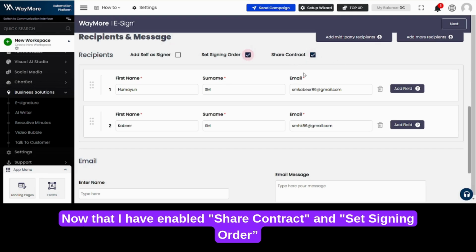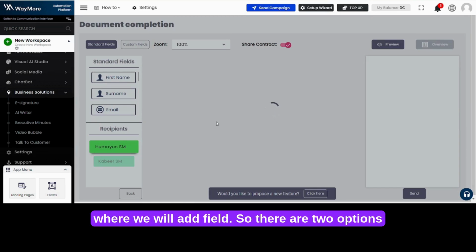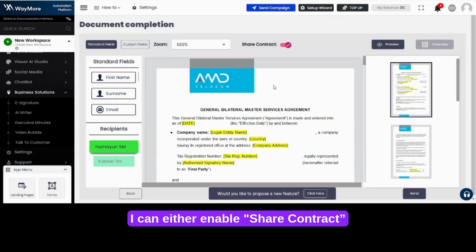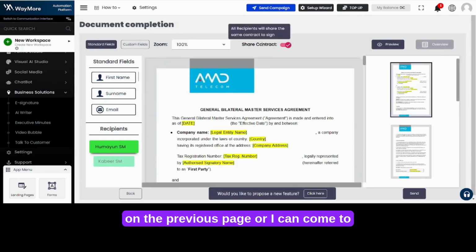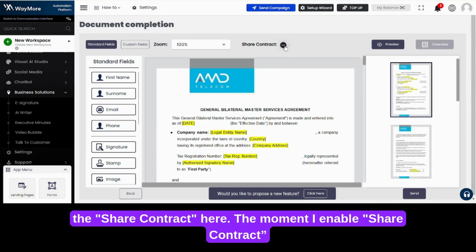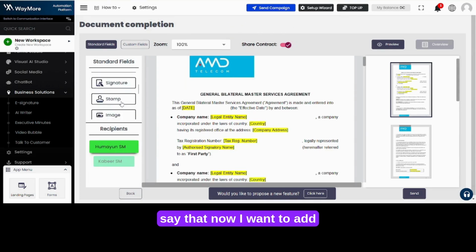So now that I have enabled share contract and set signing order, this is the place where we will add fields. There are two options. I can either enable share contract on the previous page, or I can come to this document editing page and enable the share contract here. The moment I enable share contract, the recipients will be listed out. Let me say that now I want to add a signature